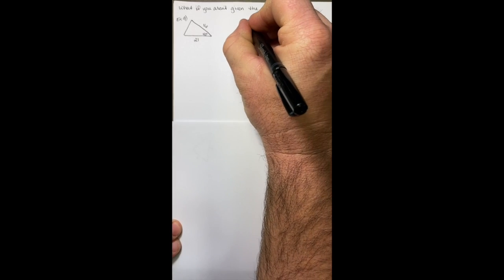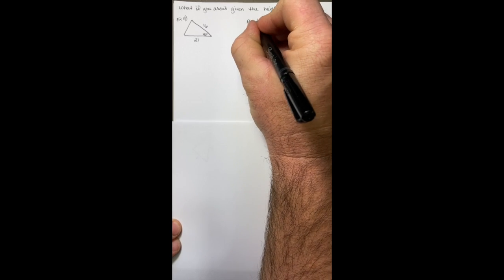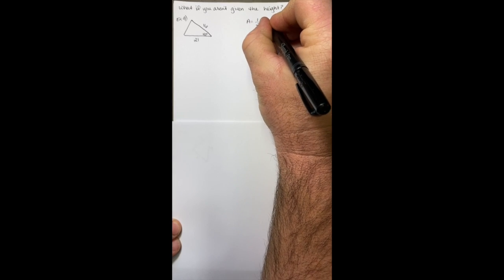Well, let's take a look at what happens if we aren't given the height, yet we still have to find the area of a triangle. If we aren't given the height, for instance, this problem here. If we're not given a height of a triangle, then we have to be given something else. Now, there is an equation that we can use, and it is area equals 1/2 AB